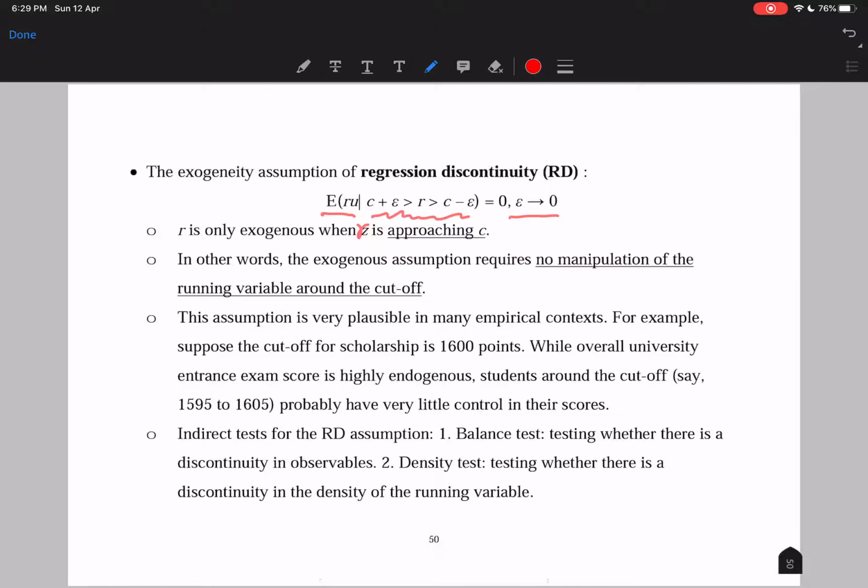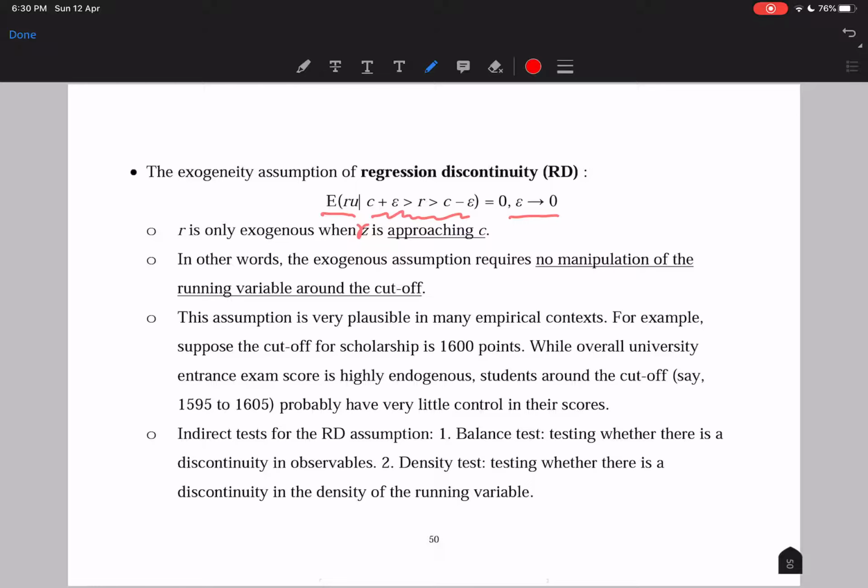Again, there's no way you can test the exogeneity assumption directly, just like in the instrumental variable framework, where you cannot test the exogeneity assumption. But there are some indirect tests for this assumption. The first one is something we call a balance test. Usually people will run a regression on the observables to see whether there is some discontinuity in terms of